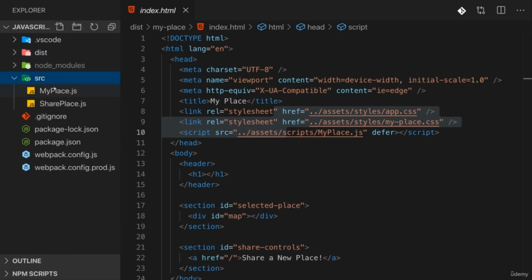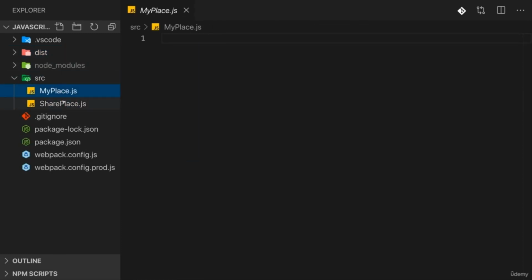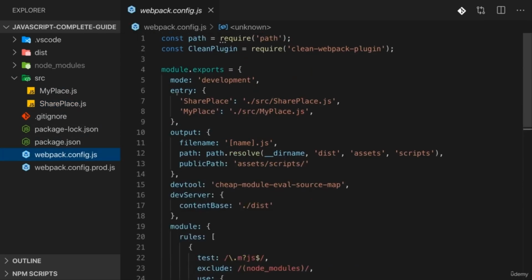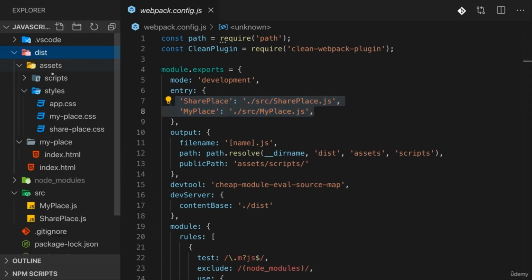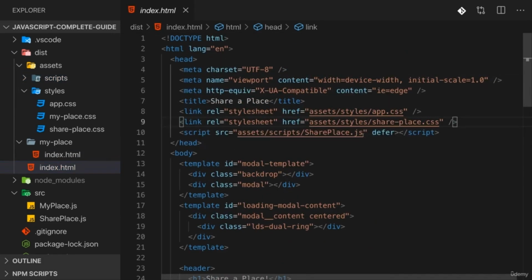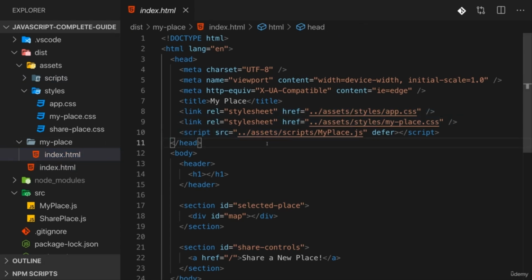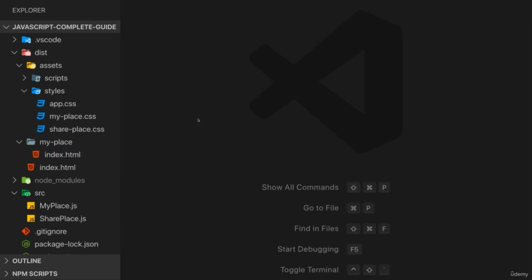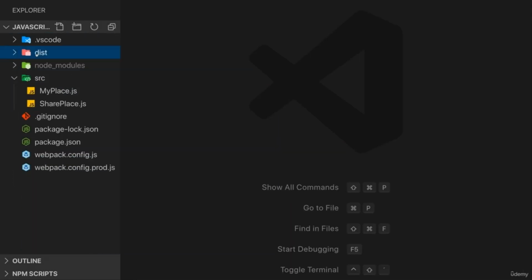Instead, we will write our scripts here in the source folder, where I have two empty script files for you to start with. And Webpack will then take these two script files, so we got two different entry points, and build bundles based on these script files and place them in the dist assets scripts folder, and that's where I'm also pointing at in my HTML files. So here I try to import these script files which will be generated there. So this is our starting setup, and with that starting setup we can start to write some code here in the source folder